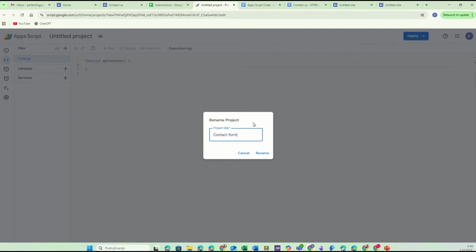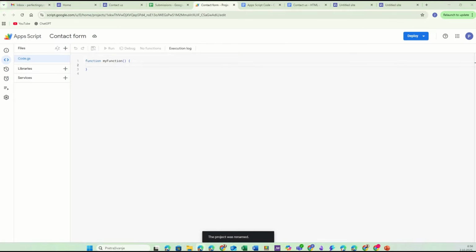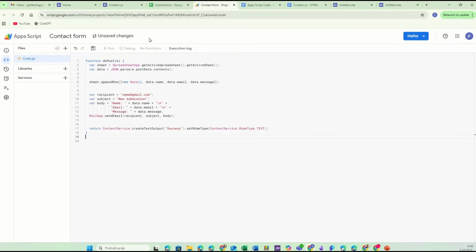In the document code.js, insert this code. The code is in the first document and the link is in the description of this video. Let's change the email address to which we want the notification to be sent. Click on Save